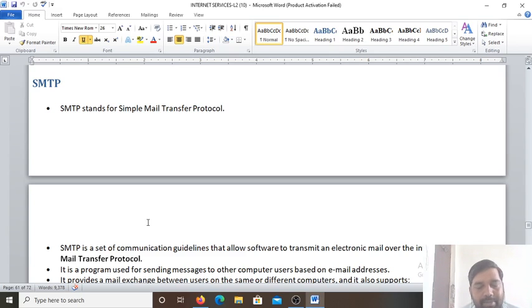It generally sends messages from a mail client to a mail server, and in addition to that, SMTP also provides notification regarding the incoming mail. So if some mail is going to come, before that it sends the notification also. This SMTP protocol cannot transmit pictures, sounds or movies. It is capable of sending text only. So SMTP is only used for sending text messages.